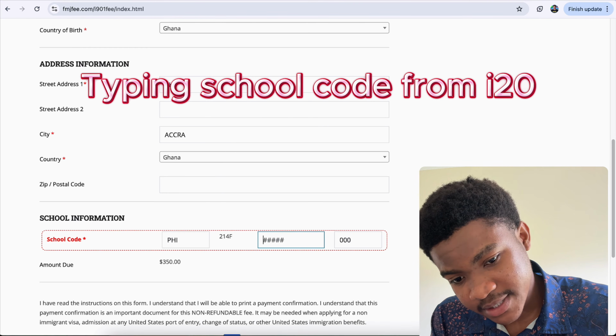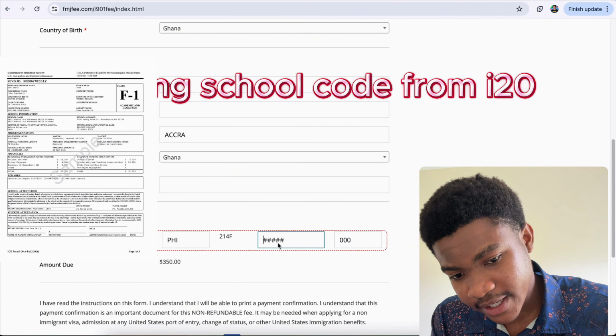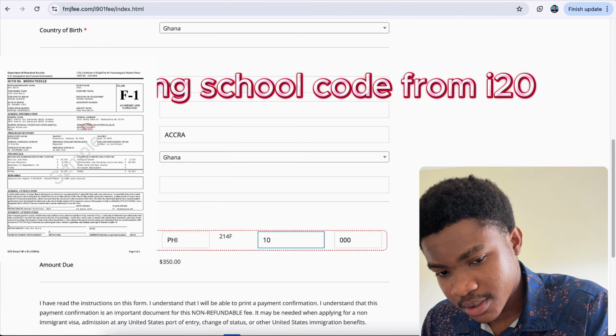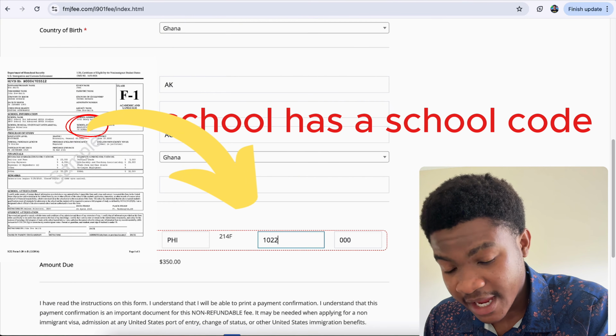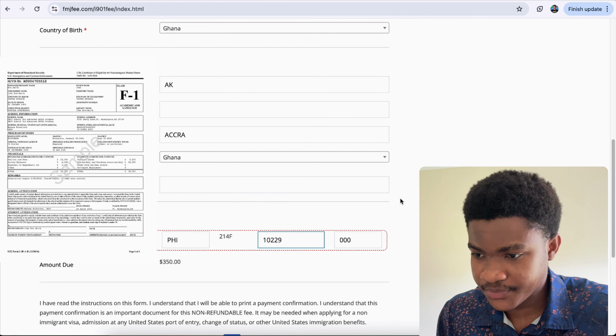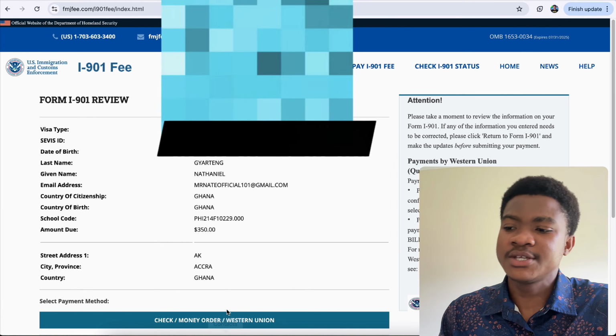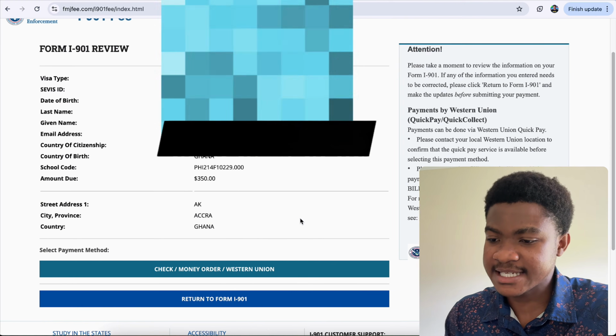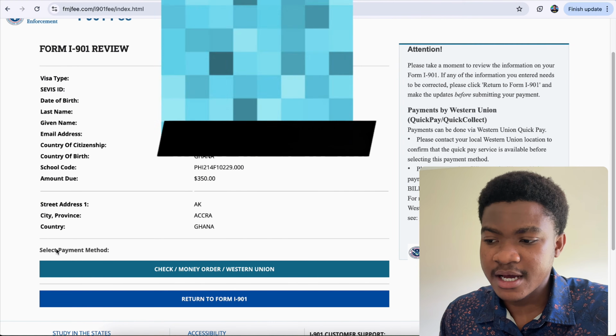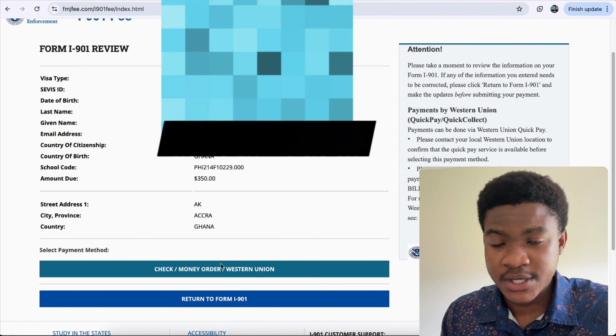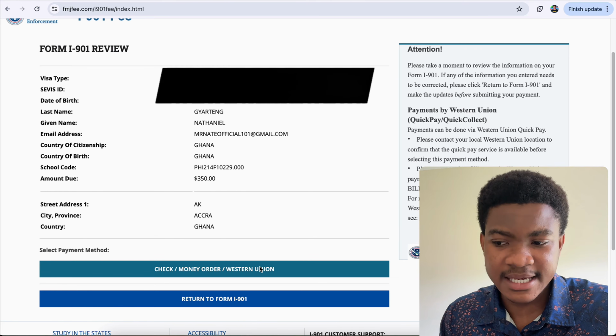So I think I have to type everything again. 214F10. Okay. I think I have to cover this part as well. So yeah, this is it, and you hit continue. Okay, so you're going to see this interface next, and you hit the payment method, which is check or money